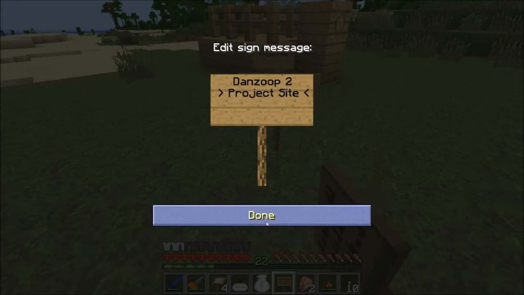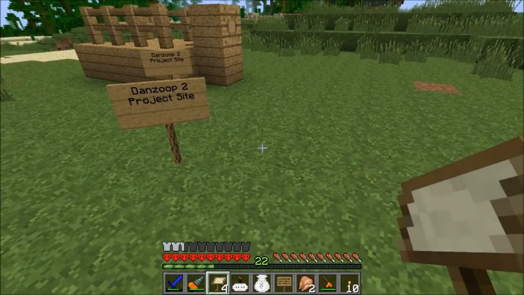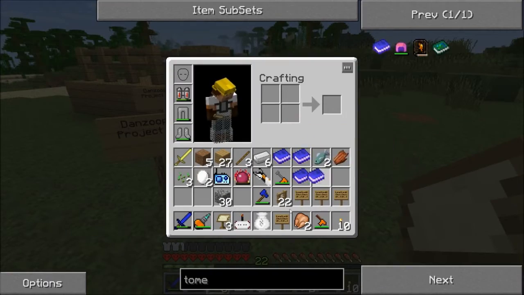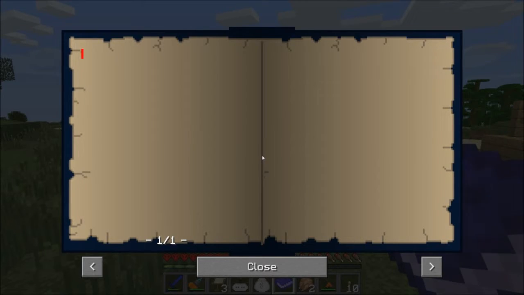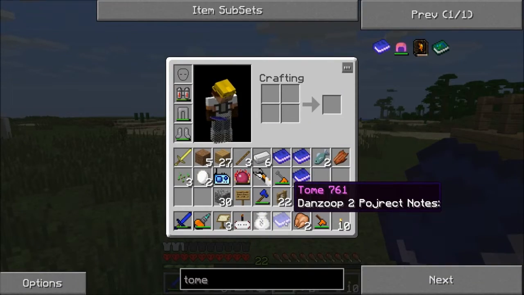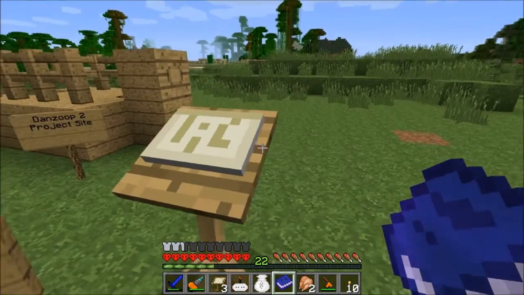So this is the Danzoop 2 project site. We're gonna place a lectern down right here, and we're going to put on that lectern one of our books. So we're gonna take an empty tome, and the way you do this is you just right click, open it up, and we call this the Danzoop 2 project notes. Okay, close it, and now whatever's on that first line is what it's going to be, Danzoop 2 project notes. Okay, now we can take it and we can left click and put it on here,